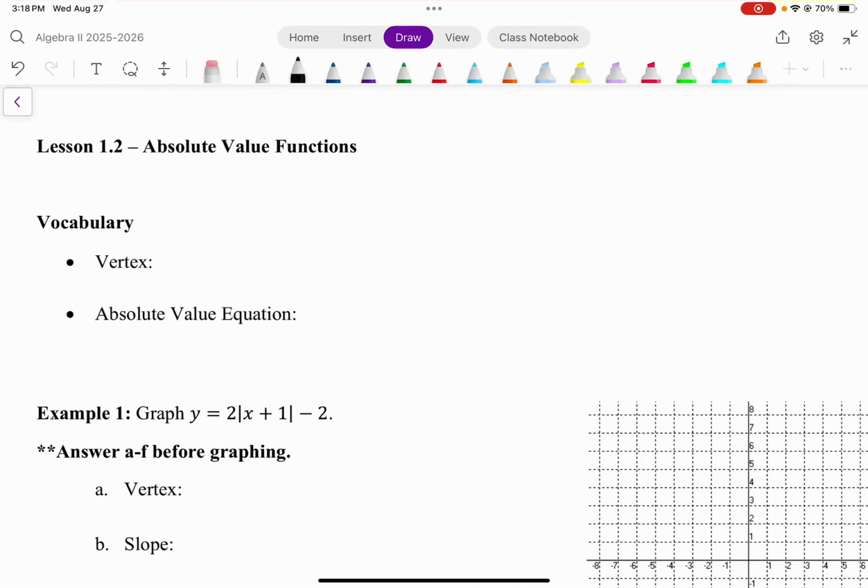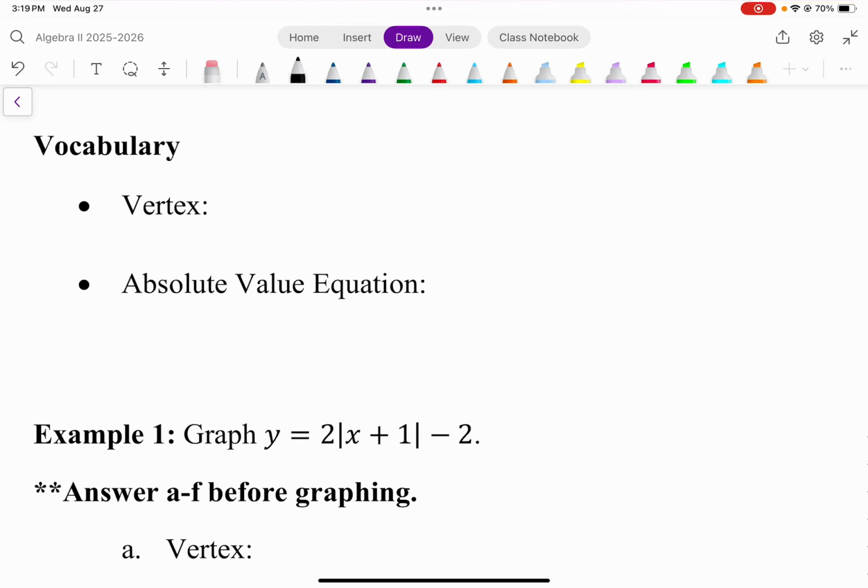Hello, this one is lesson 1.2, and we are going to be going over absolute value functions. So we're going to be graphing them, identifying properties of the function, and then also writing an equation. Our first one, we have our vocabulary,